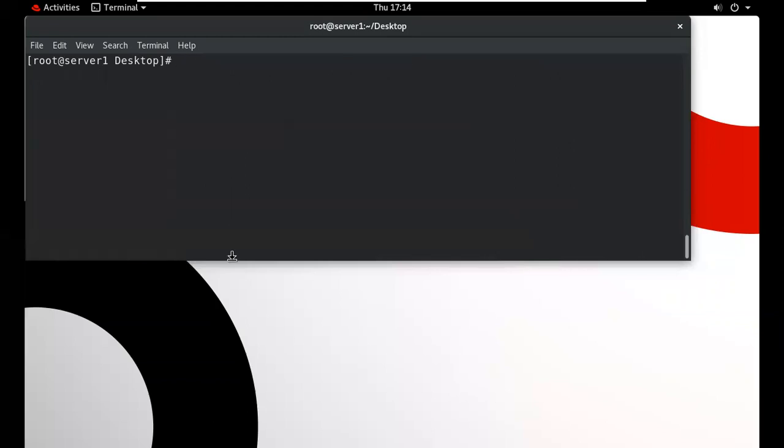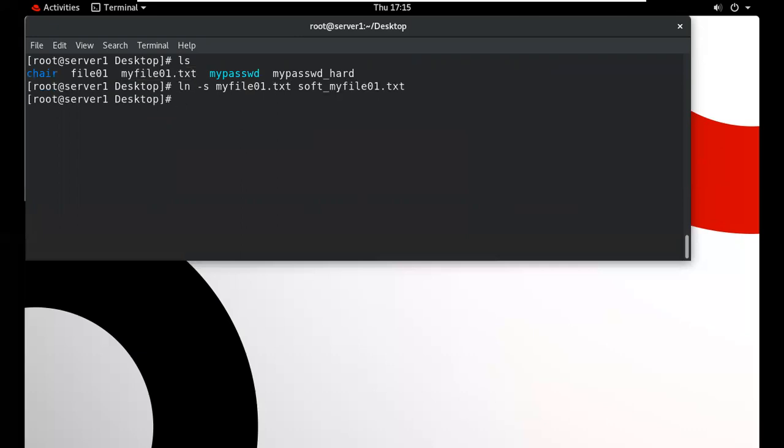Suppose this is my very important file and we want to create both a soft link and a hard link of this file. So we type ln -s, the name of this file, and give the name of the soft link. So we define soft underscore this.